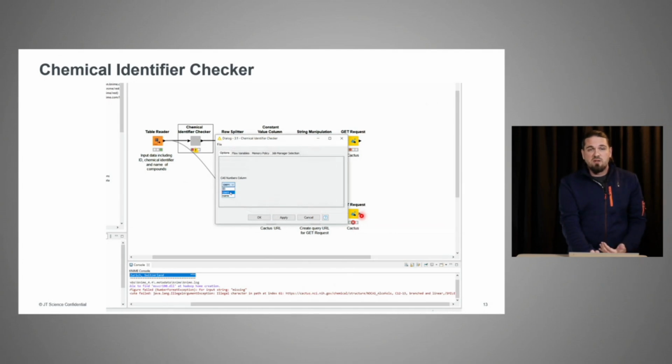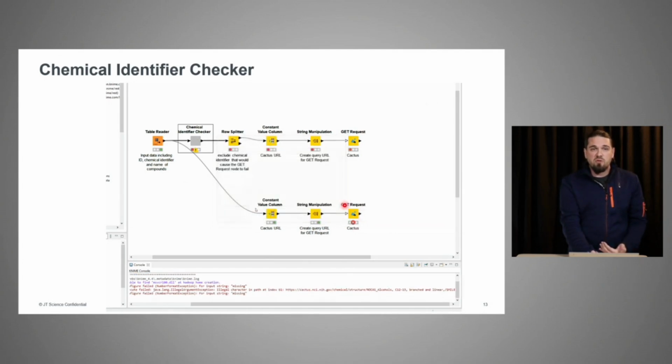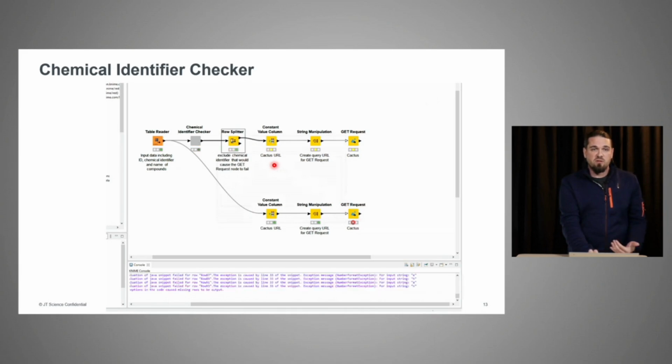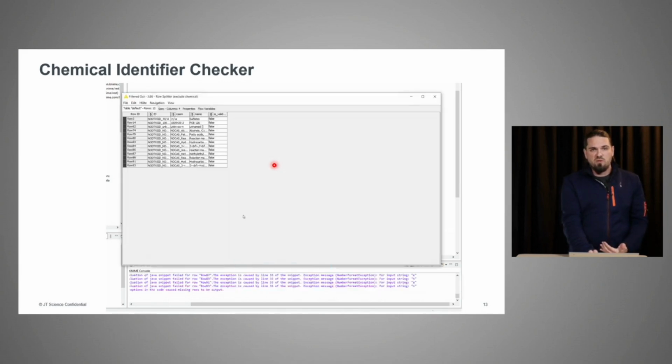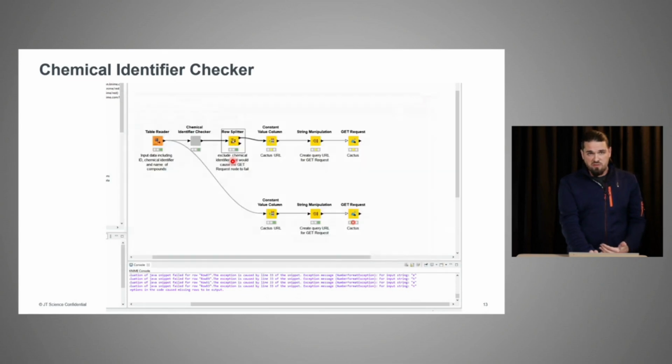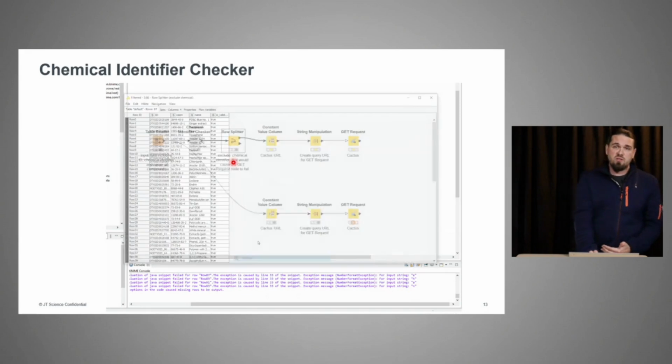But with this identifier checker component, you can easily configure it to select which column is the CAS number, and then filter out these problematic rows. So here in the bottom output of the row filter, you can see these problematic CAS numbers that have been identified. They are going to be filtered out, and it's only the top branch which is going to be submitted